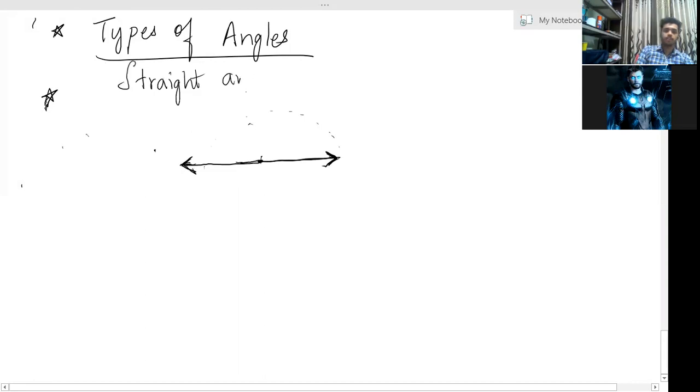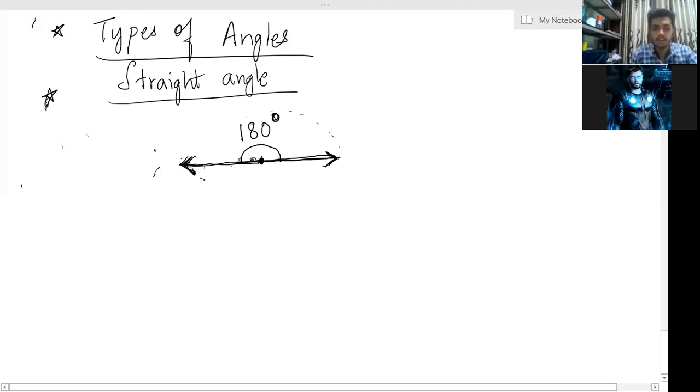Why is it called a straight angle? Because it's like a straight line, right? This ray became a straight line. So when you rotate a ray so that it becomes a straight line, it's called a straight angle. And do you know the value of the straight angle? Sir, 180 degrees. Yes, very good. It is 180 degrees. So you have to remember this value. You cannot derive this value. You should remember that a straight angle is 180 degrees. That is, when two rays are opposite each other, the angle is 180 degrees. Okay.